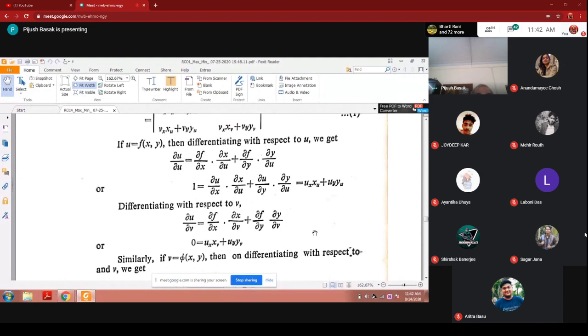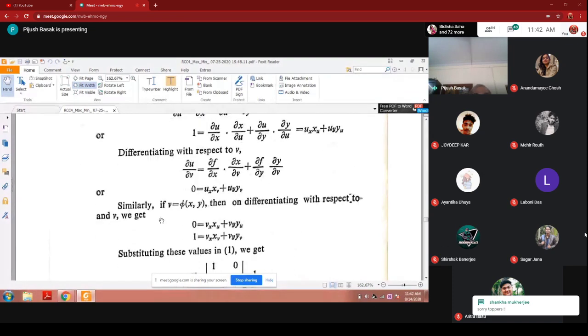Similarly, differentiating with respect to v, we get this. And similarly, if v is equal to phi of x y, because u and v are both functions of x and y, v is another function of x y. Those two will not be the same function. So differentiating, 0 is this and 1 is this. Substituting in equation number 1,